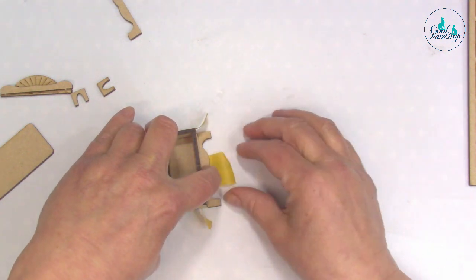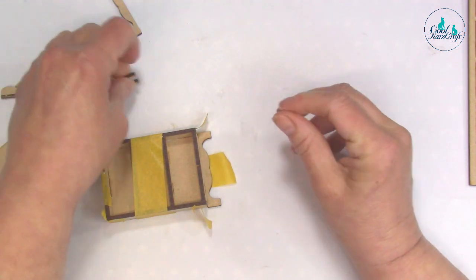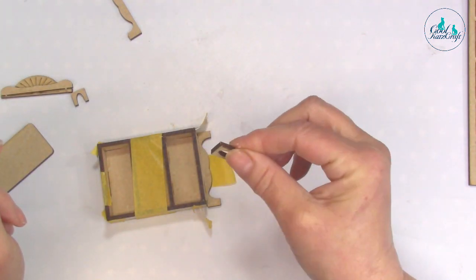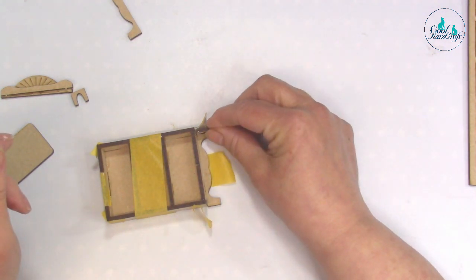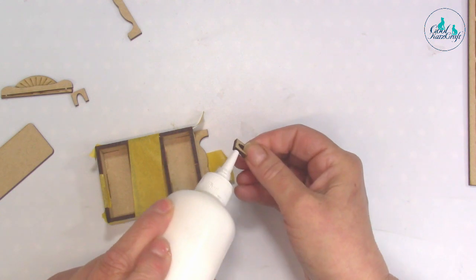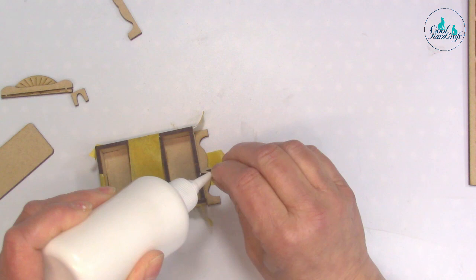So let's make that nice and flush, so that's nice and firm, and then we've got the side pieces. These little pieces here are the side pieces, and you can just glue those onto the edge like that, and that gives it a little bit more security and a nice finish. So if you just put the glue on the 3 sides here,